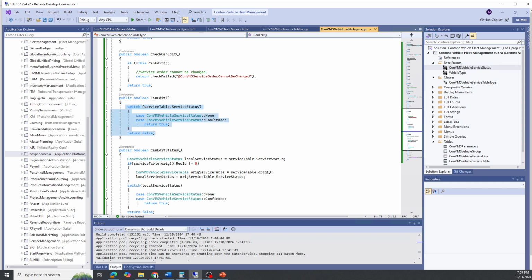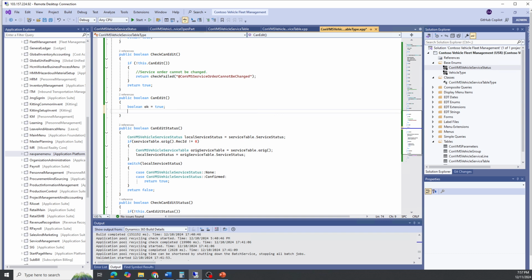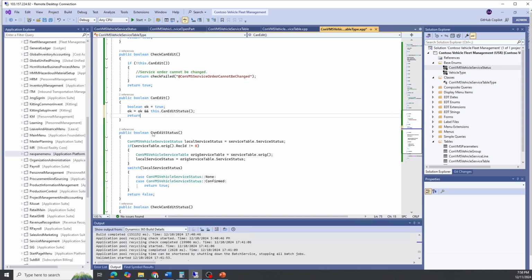based on this one, I will go for can edit, and over here if I am able to edit or not, I will type the boolean, and this boolean will be okay equals to true, and we will go ahead with okay equals to okay, and this dot can edit status, can edit status, return okay,